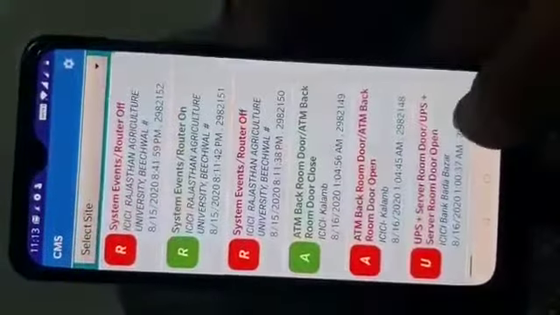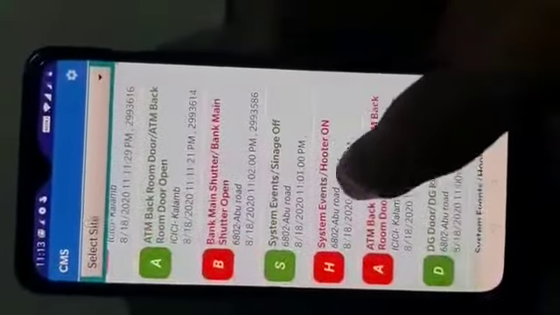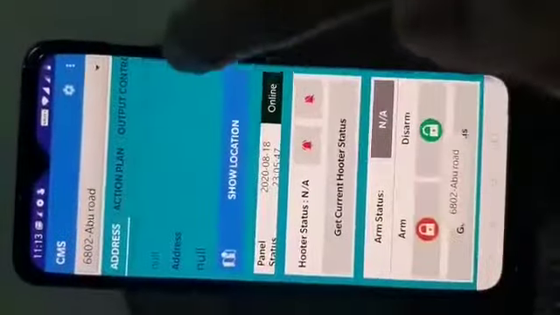Other bank location images are visible. You can see all site alarms together in this app, and by clicking on the event, you can go to a specific bank branch.